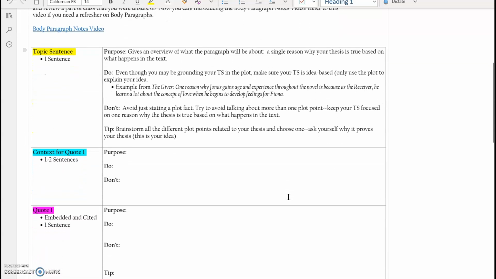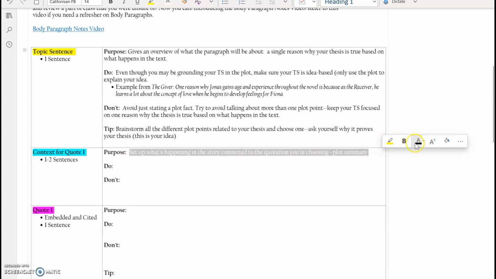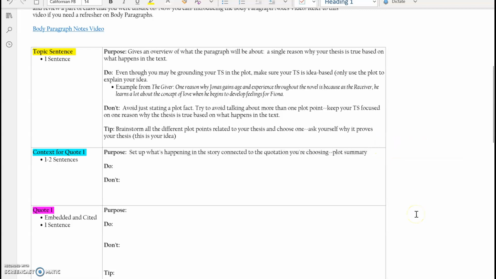We're going to move on to context for the first quote. Whenever you're doing the quotes, you're going to pull your quotes first. So you're going to go into the text, decide what two quotes to do, and then start to work on each quotation. For the first quotation that you choose, you're going to provide 1 to 2 sentences of context. The purpose here is plot summary. You're going to set up what's happening in the story connected to the quotation that you're choosing. So remember back to our steal activity, plot summary. You're going to keep the plot summary pretty short here, 1 to 2 sentences,